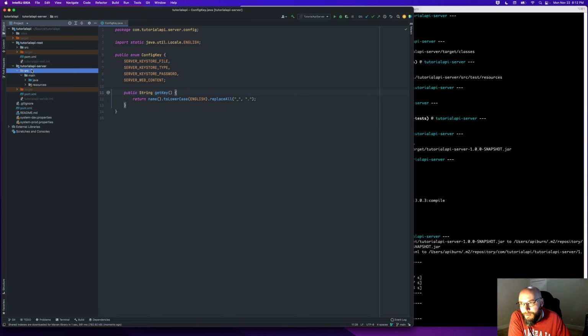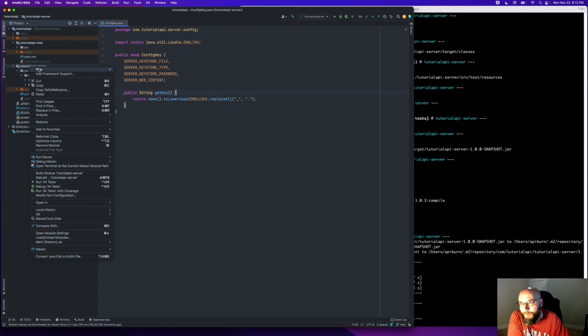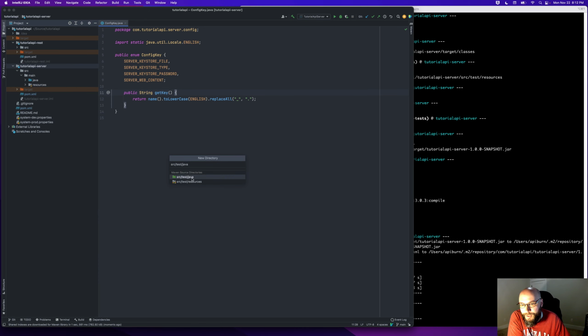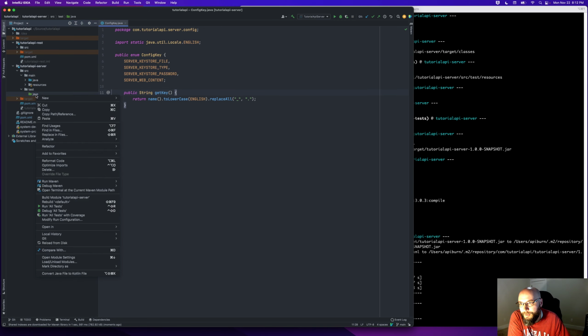Okay, so with Maven, we've got src/main/java, and that's where our compile time classes go. Our test time classes go in src/test/java. So I'm going to right click here, new directory, and then I get src/test as an option here, so I'll click on it.